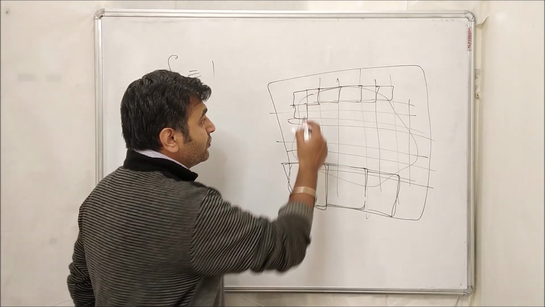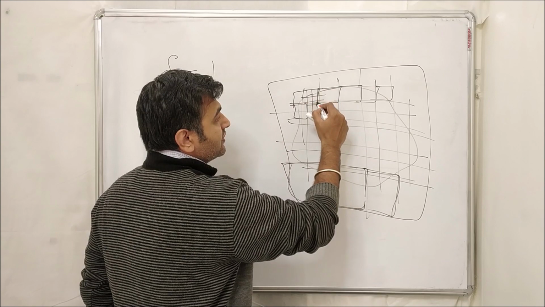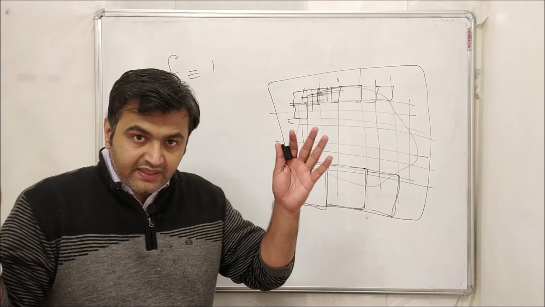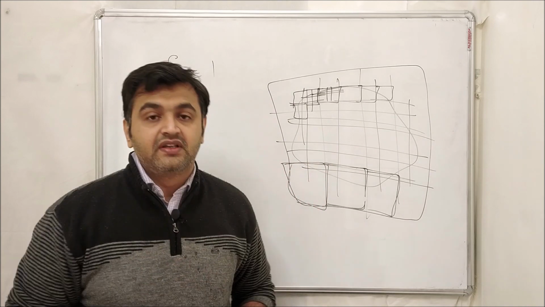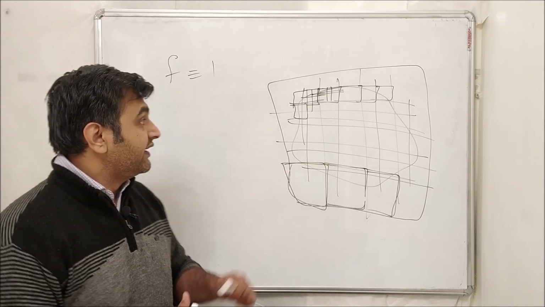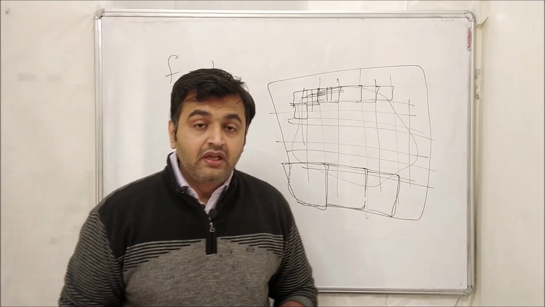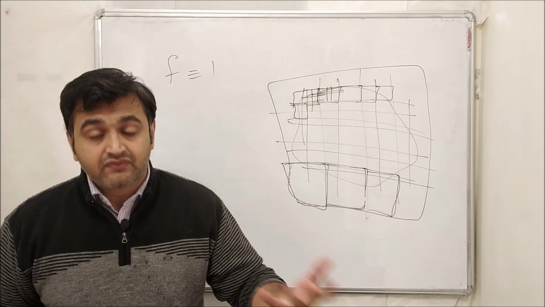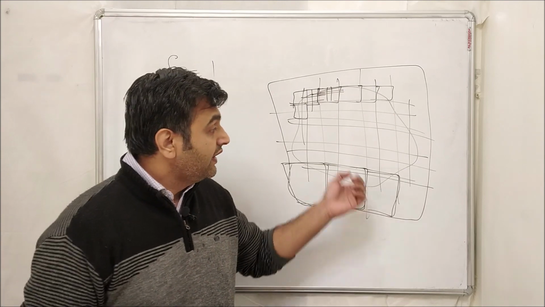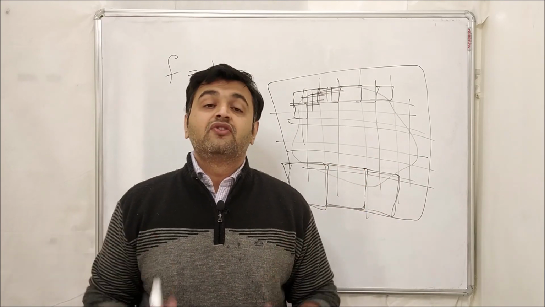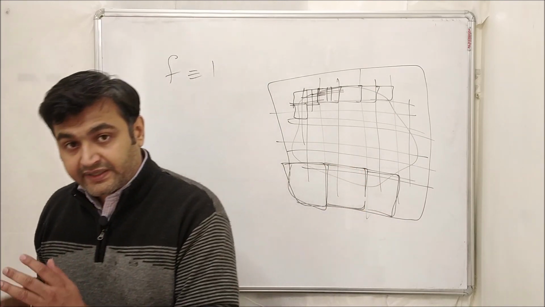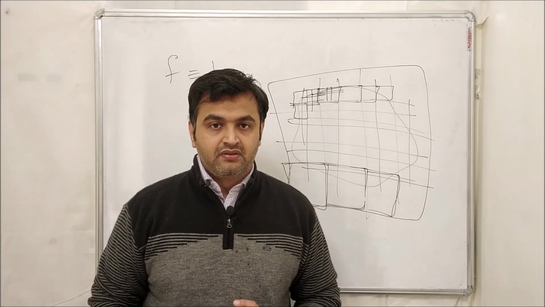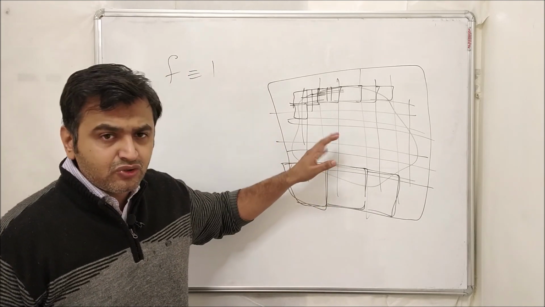So once you keep on doing the partition, you get smaller rectangles, and ultimately all these rectangles converge towards the region itself. So when I take limit n going to infinity, the sum of the areas of the rectangles is equal to the area of the region. So this formula is true for rectangular domain as well as for the arbitrary domain. Okay, so that's one thing, but one should observe this.